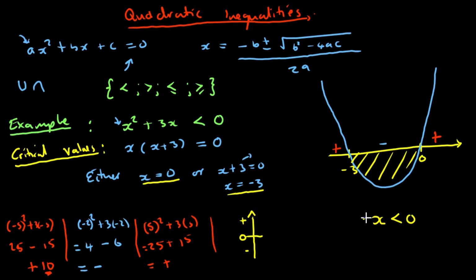So x is actually greater than -3. Remember what I said when we are writing this, where we are reading from gives us the clue of which values we are talking about. So x is greater than -3 but less than 0. Which values are they? They are found here in the shaded part. So that's how we write the answer